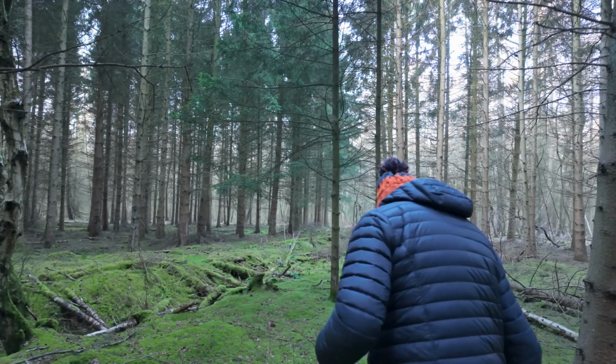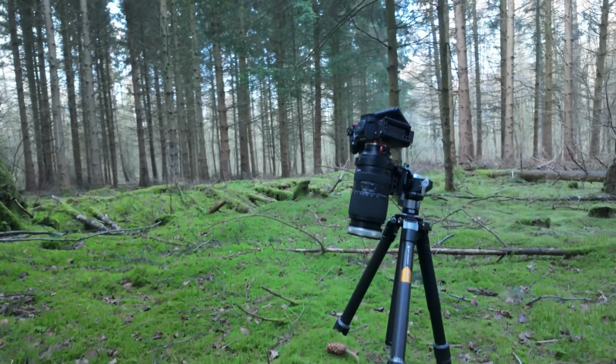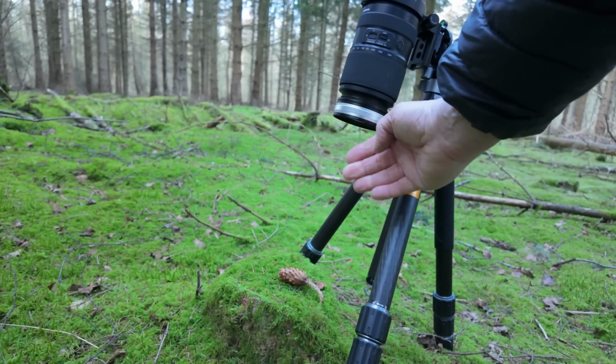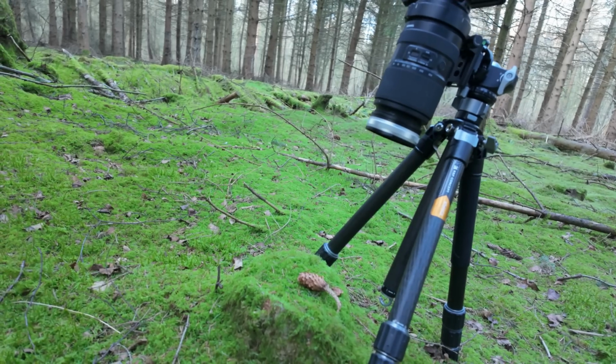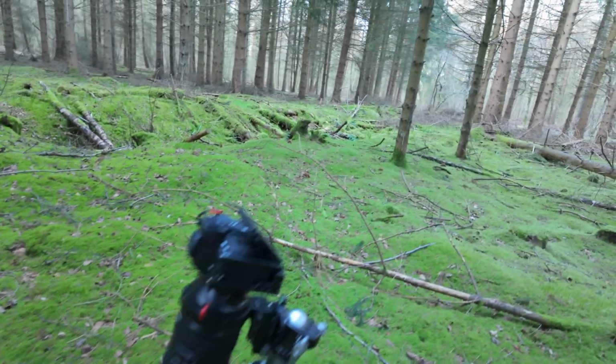So I'll just show you how close I am to the subject at the moment, how I've set it up. So I'm literally right down low. It's very hard for me to show you, but there's my hand in distance, so it's only 2 or 3 hands away. So it's about 30 centimeters at the most from the subject, and that's getting the whole subject in. But if I zoom in,